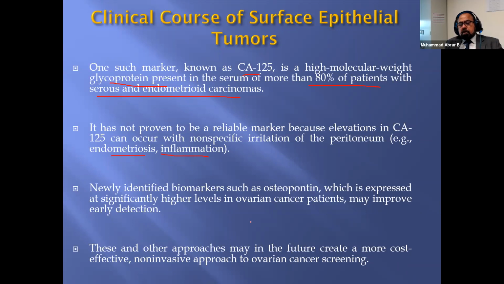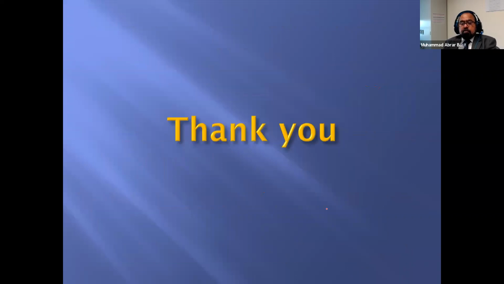So they are looking for some more markers. Osteopontin is another marker which is expressed at a significantly high level in patients with ovarian carcinoma. So it may improve early detection. For example, if a person had CA125 high in the serum, and then they ask for osteopontin, which is also high, then definitely you will think more of a tumor. These and other approaches may in future create a more cost-effective, non-invasive approach to ovarian screening. So this was all about the epithelial tumors,